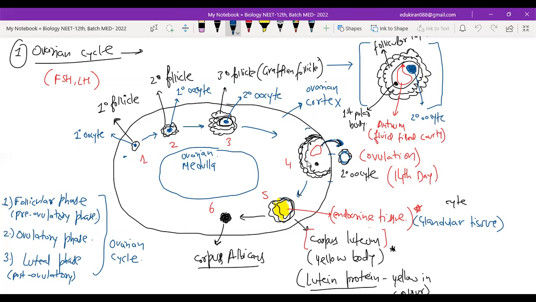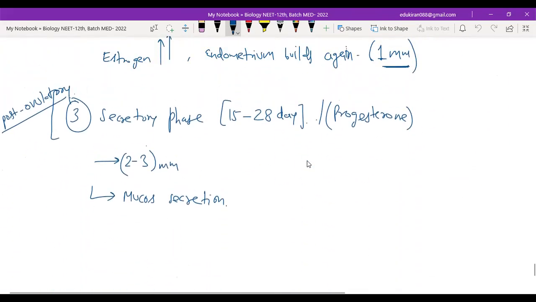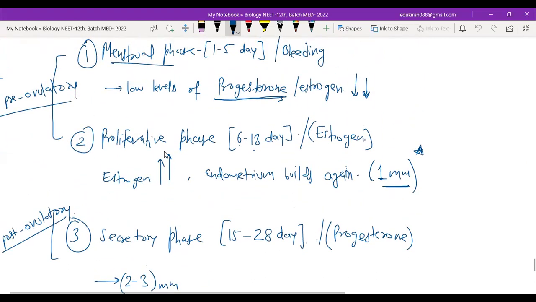Progesterone comes in the secretory phase after ovulation, day 15 to 28. Progesterone is required for the stability of the endometrium. Stability means maintenance of the endometrium, whatever thickness it is. Progesterone is also important for increasing the thickness, but for building the layer from scratch, you need estrogen first. Okay. Yes. So write down: in the menstrual phase, which is the bleeding phase from day 1 to 5,